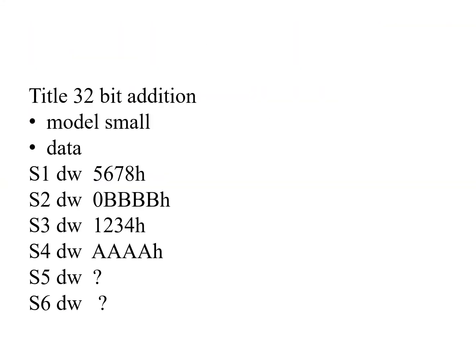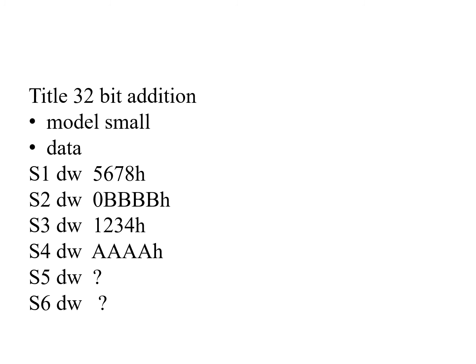So now we will see the program for 32-bit addition. In this, segment 1 consists of S1 DW 5678. This 5678 is nothing but one of the data, so that is why it is stored in the .data segment. Why are we mentioning data? Because after this data, whatever we are going to see,